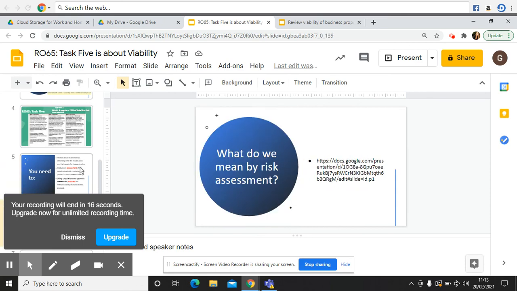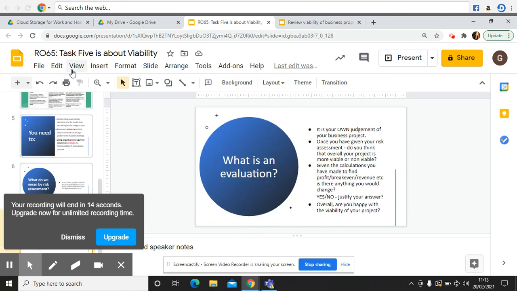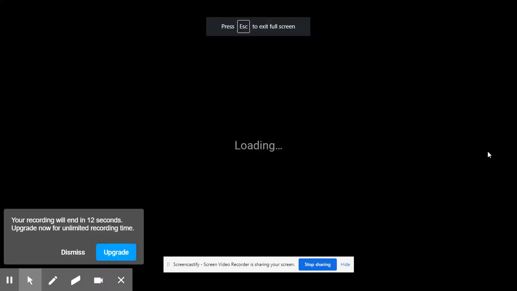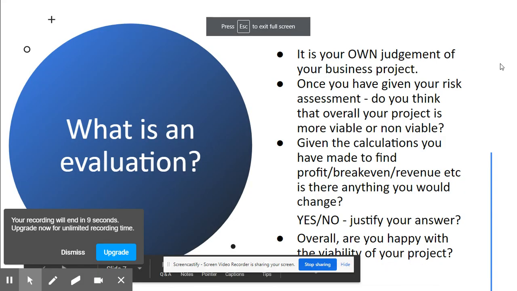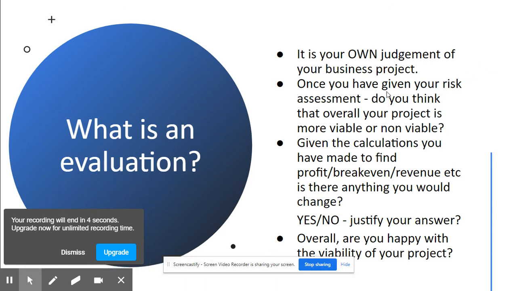And then we've got the last part, which is about the judgment. What you've got to do in this bit here is, based on your own judgment, decide what the risks are. Do you think your overall project is more like